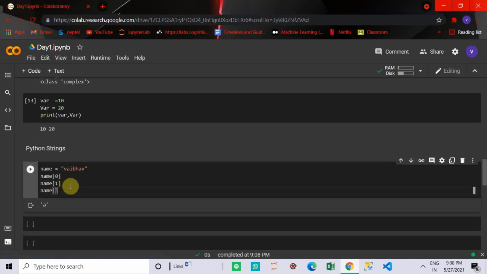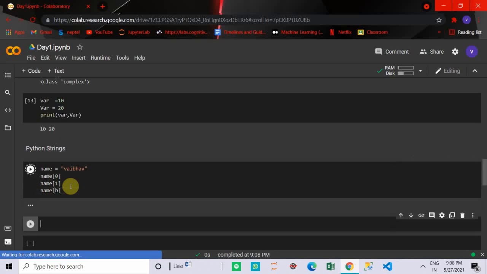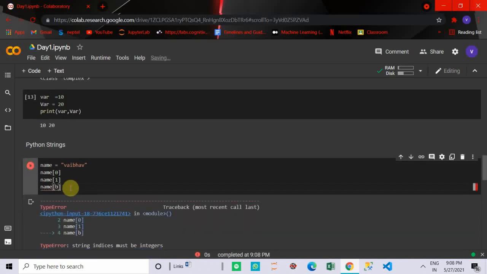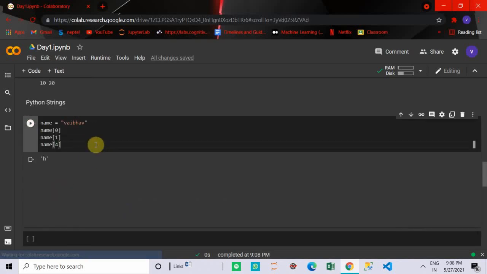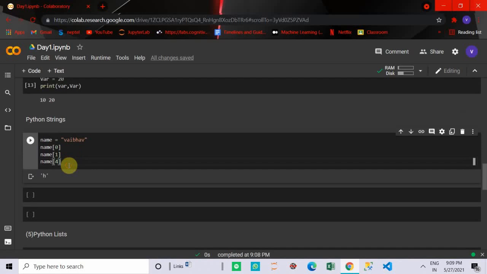Name of 4 will print h as the output. So this is how to access the values inside a string, basically the characters of a string.